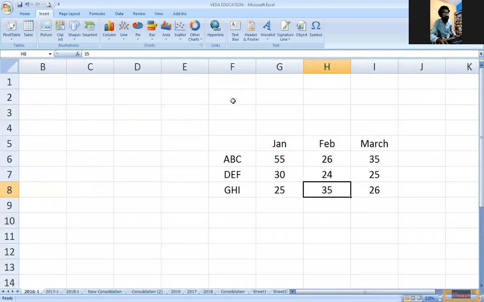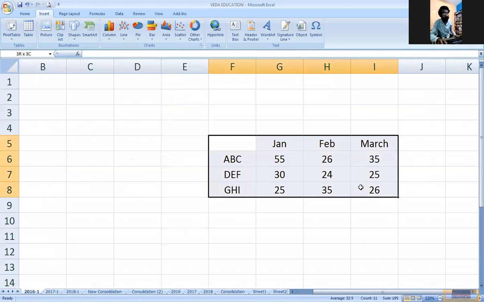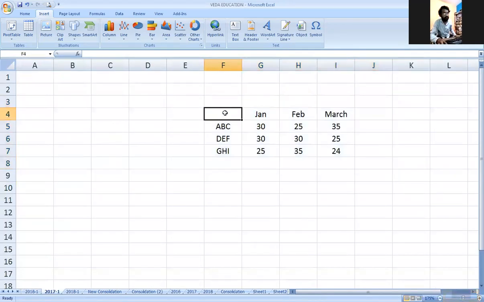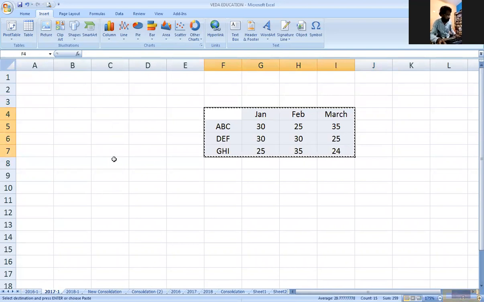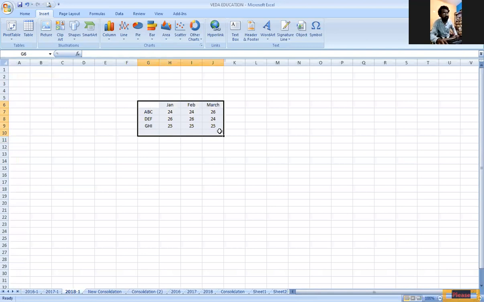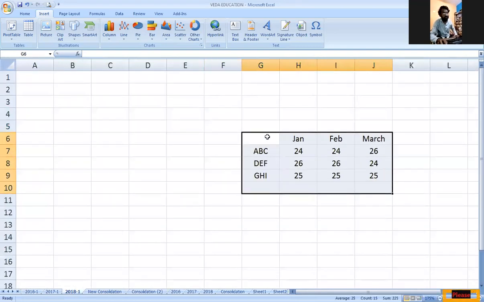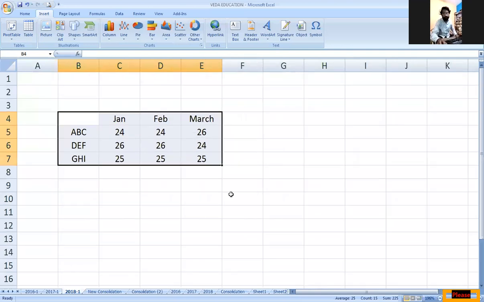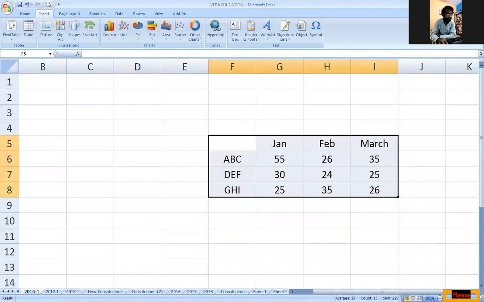Then here, see EF. From F I have done here. And here I can move over the data to somewhere like this. And also here I've done somewhere data like this, GHIJ, and I'm moving this to this cell. It means that the data is arranged differently at different places.